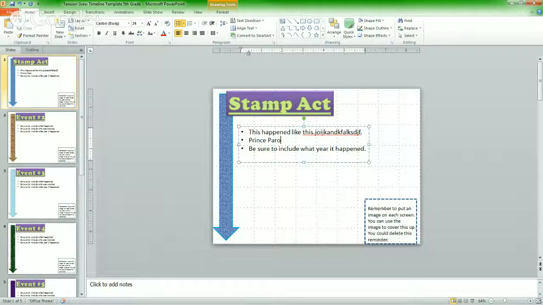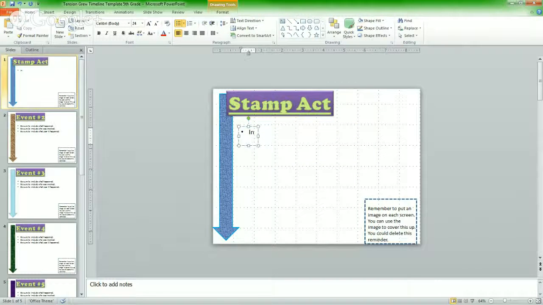Prince, Parodi, and were involved. And then on the last one, you write the year. The Stamp Act happened in 1922. These are not correct. You could do it like that, or you could delete the whole thing and just write one paragraph like this. In 1922,